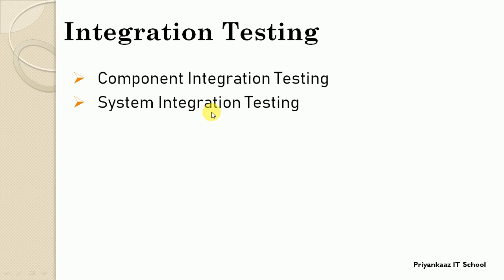In system integration testing, suppose system X is integrating with system Y, then the test should focus on communication between these systems. We generally focus on the integration between the two different systems. So our main focus is the relationship. We generally do not focus on the functionality, which we already perform at the time of system testing, and at the component level we can perform functional testing, or focus on the functionality of the component at the time of component testing itself. That is nothing but at the time of unit testing itself.